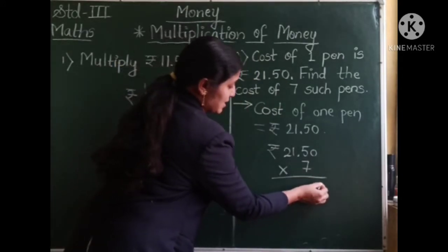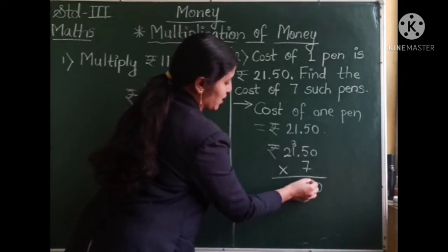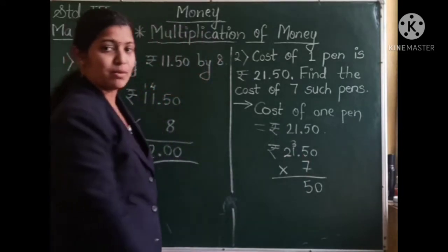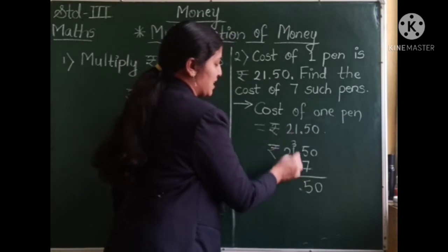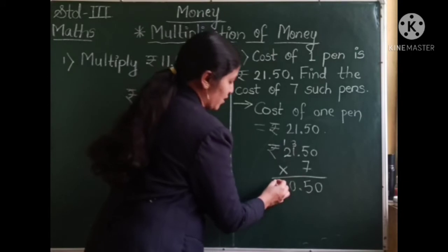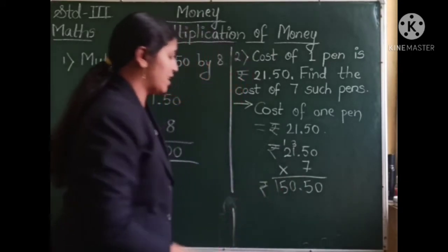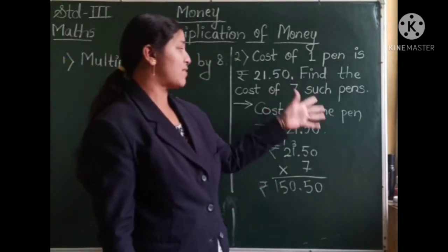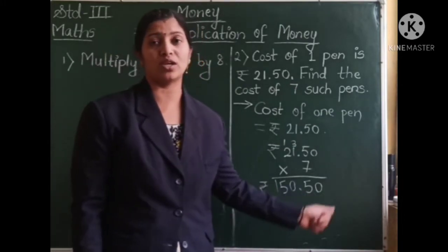7 zeros are 0. 7 fives are 35. 3 is carried forward here and 5 is written here. Here after 2 digits we have a decimal point. So I will put a decimal point here. Then 7 ones are 7 plus 3 is 10. 0 is written and 1 is carried forward. 7 twos are 14 and 1 is 15. So what is the answer? The answer is 150 rupees 50 paise. So if you want to buy 7 such pens, you have to pay rupees 150 and 50 paise to the